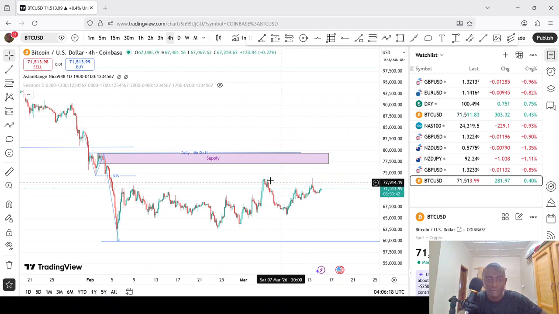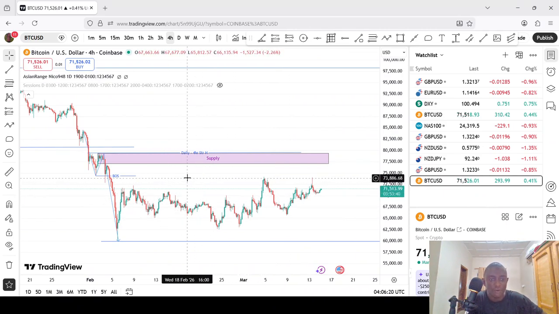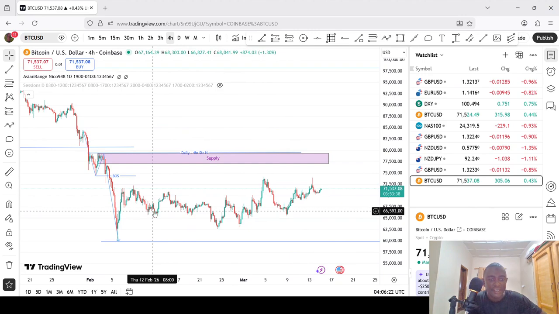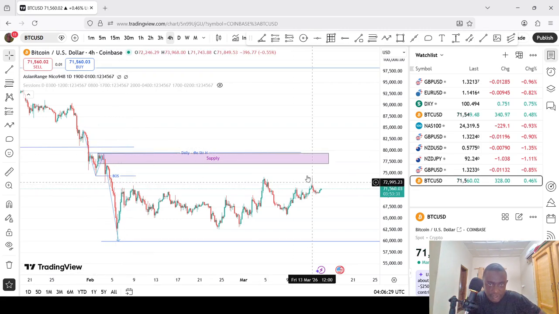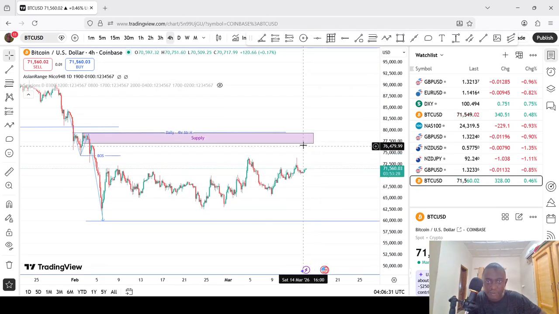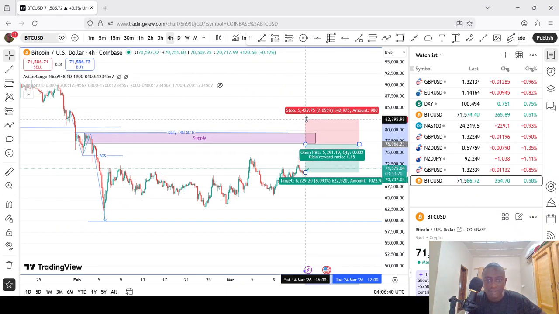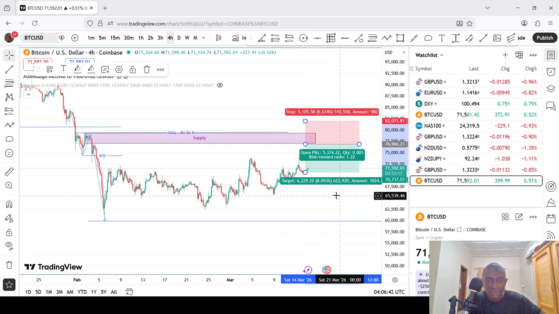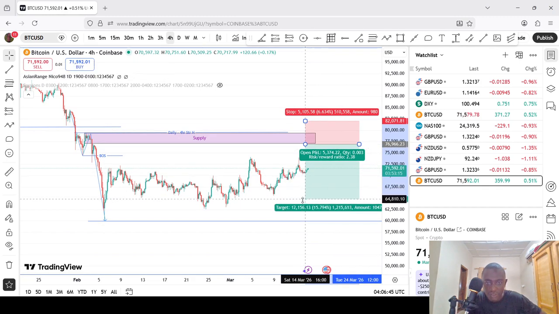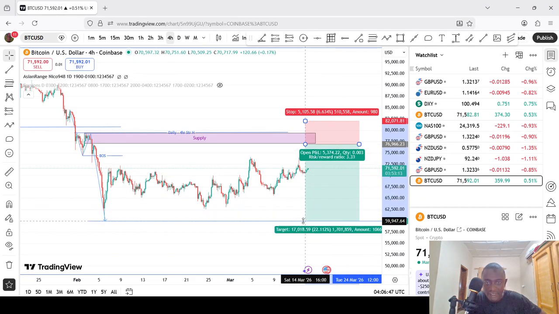Okay. So that is for 4 hours. We are expecting at least price not to break this point and respect this low, so that when price gets to around this zone, what you have to do is to just sell. You are just shorting. Someone who places stop loss around this zone and take profit all the way down to this point, and this will give us a good RR